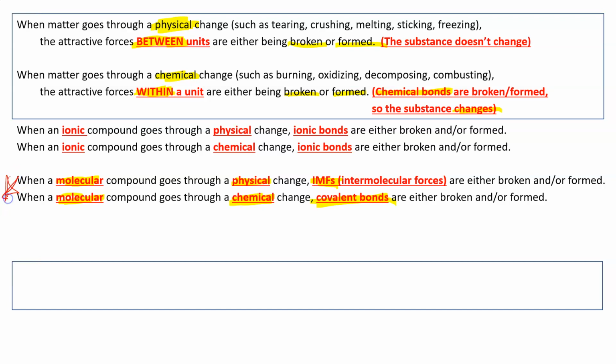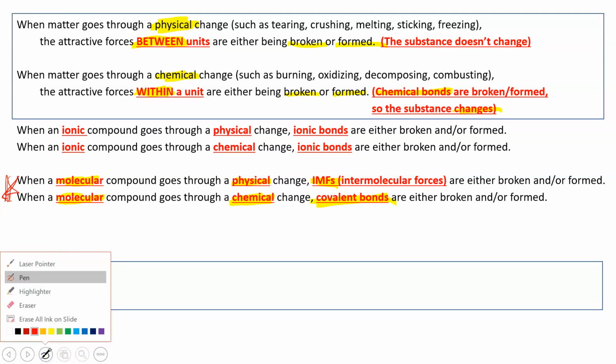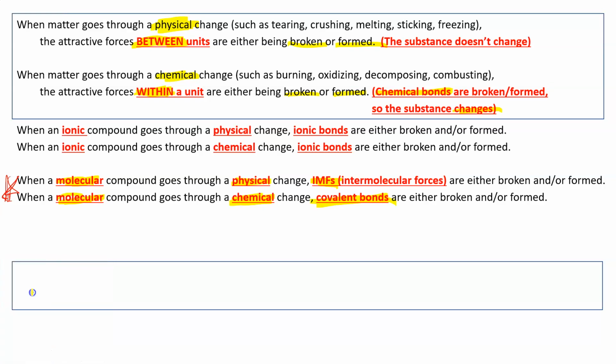So this is really important to remember. It's easier to do a physical change with a covalent compound than with an ionic compound, because you're only having to change the intermolecular forces, which are easier